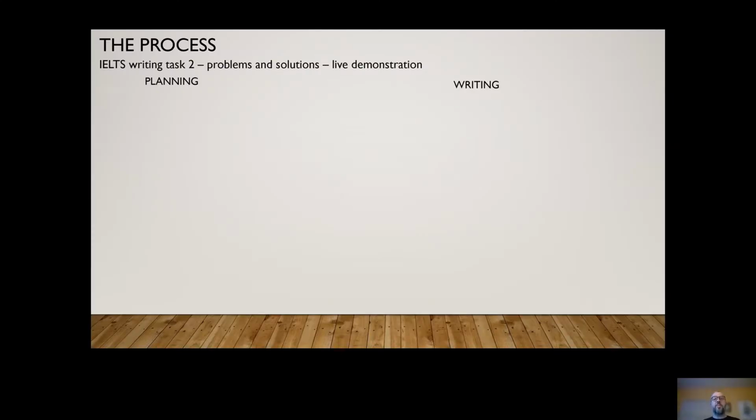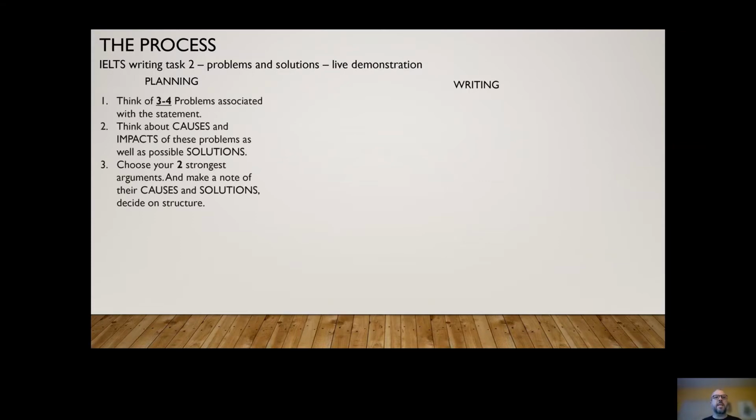Okay, so let's look at the process for planning and writing this IELTS Task 2 essay on problems and solutions. Now, the first thing I want to say is think of 3 to 4 problems associated with the statement. Now, you've probably noticed already that's too many to put into this essay. But you need to remember the first idea that you come up with to answer this question will not necessarily be your best idea. If you can think of 3 reasons or 4 reasons why the aging population is a